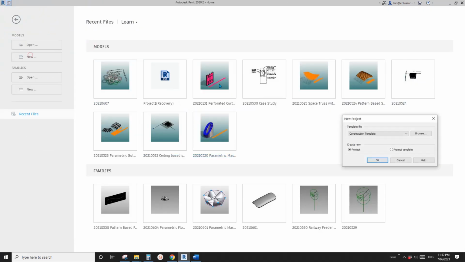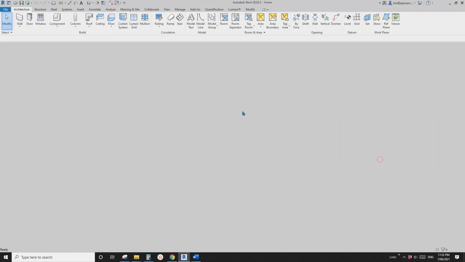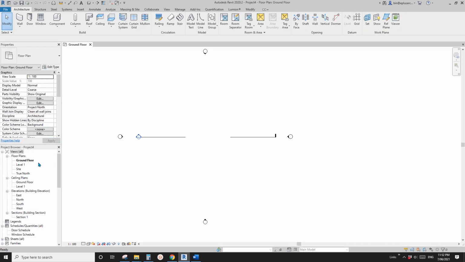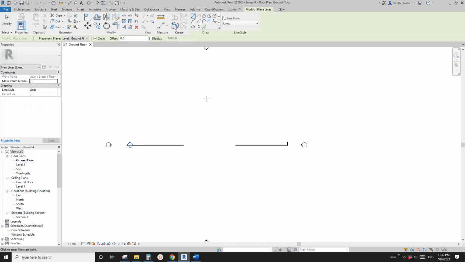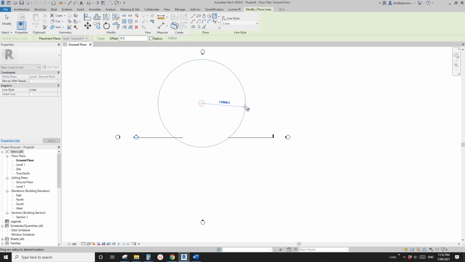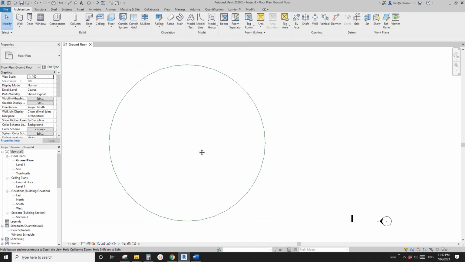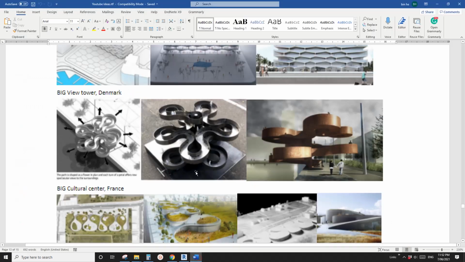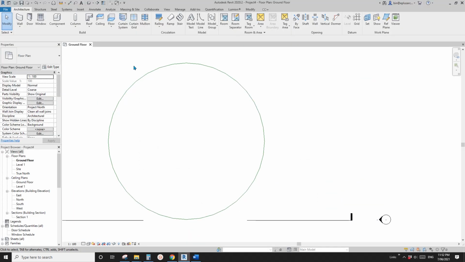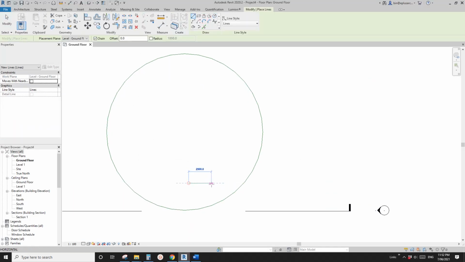First let's create a project. This is the floor plan, so we're going to just draw some model lines. First I'm going to draw a circle, roughly a 10-meter radius. So pretend these are circles. There will be 9 of them, 1 2 3 4 5 6 7 8 9. So let's just draw some circles,